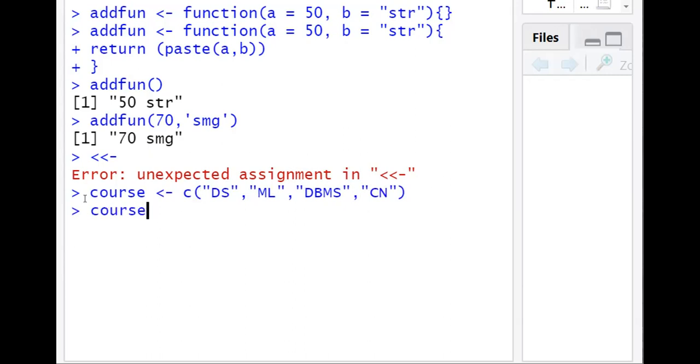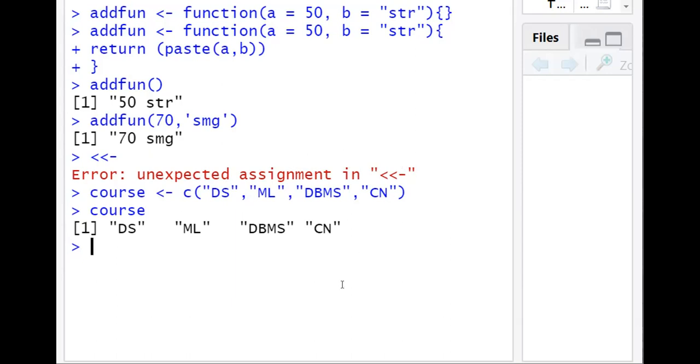Now if we try to print it, it will print a list, that is DSML, and all the elements will be printed. Remember, whenever we specify elements in a vector, they must be of the same type. If we don't specify them as the same type, then automatically it will convert.